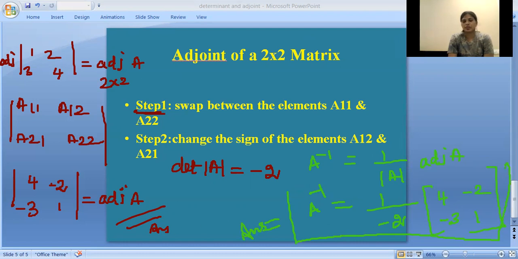So today we learned about the inverse matrix. The formula is 1 upon determinant of A into adjoint of A. We learned how to find the determinant of a matrix and why we need to use the determinant concept in a matrix. Then we learned how to find the adjoint of a matrix. In the last step, we substituted the values that we found. At last, we arrived at our final solution.